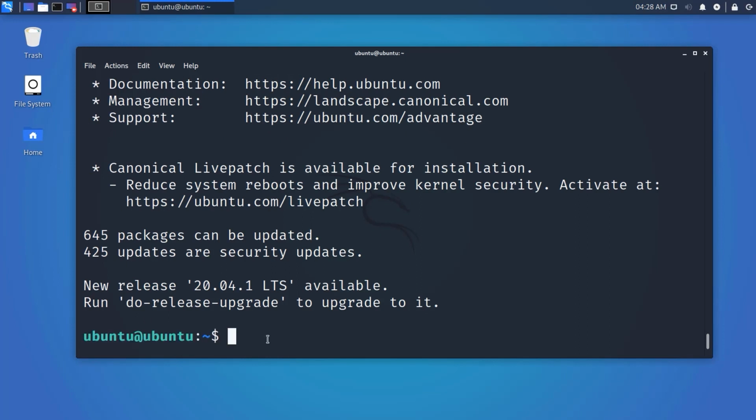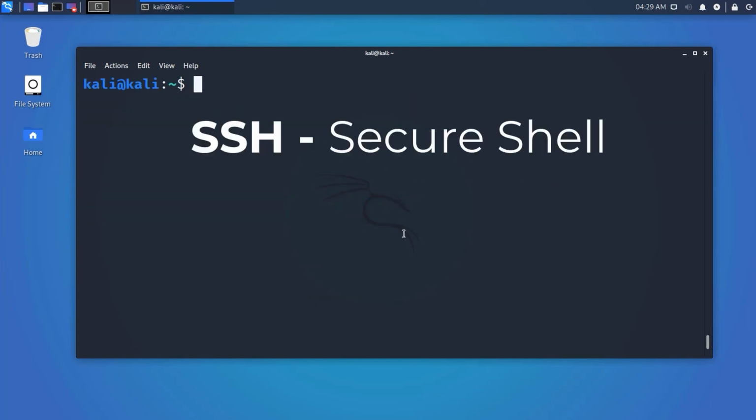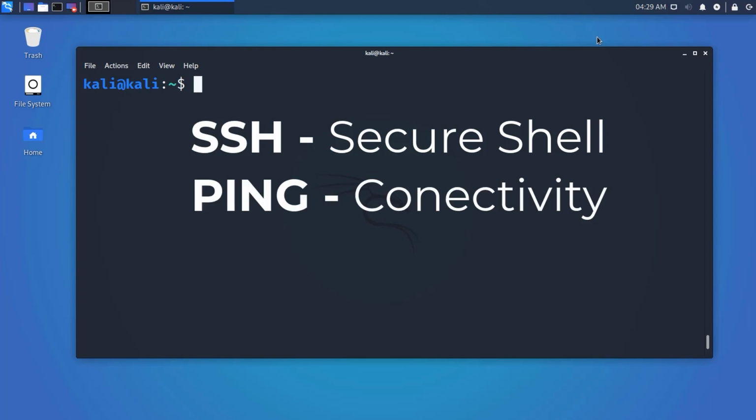Okay, now we all know about the basic communication commands. Now it's time for a quick wrap up. Secure communication between Linux and other different computer networks and remote users is possible using the SSH utility. The ping command checks whether the connection with a hostname or IP address is working or not.